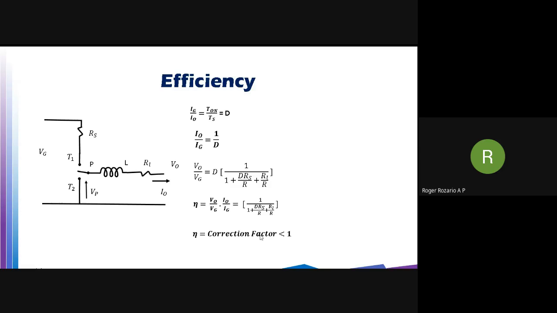What is the non-ideality in the source? A source is found to have some resistance Rs. What is the non-ideality in the inductor? The inductor is not pure in nature. There will be some resistive component added along with the inductance, which we called RL. We have taken into account these source and inductor non-idealities, and found that the efficiency is getting affected and it is less than 1.